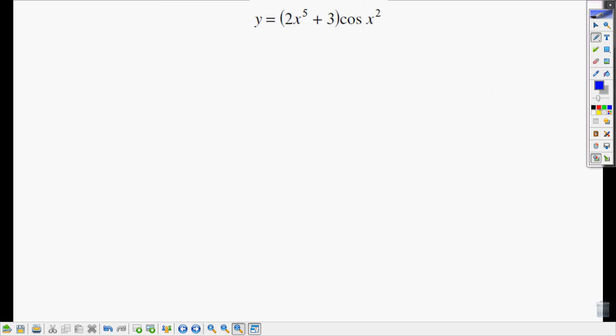Okay, so this time we have a couple things happening. We have product rule and chain rule. Okay, so y prime. So this is going to be the derivative of my first term. So that would be 10x to the 4th times the second. So I didn't change anything about the second term, plus the first term, 2x to the